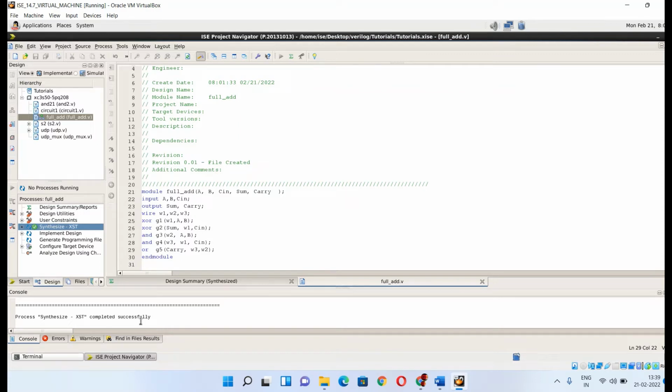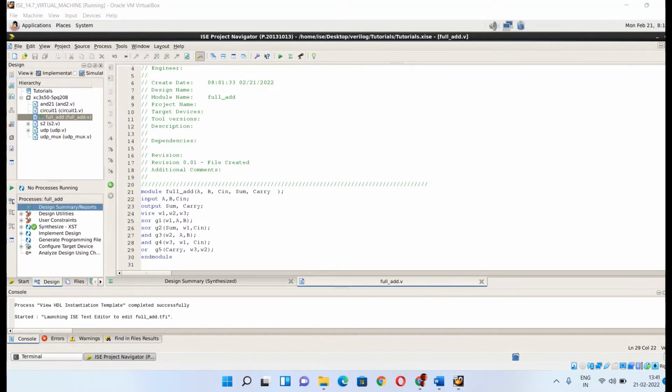Synthesis completed successfully. Okay, so as the synthesis part is done,